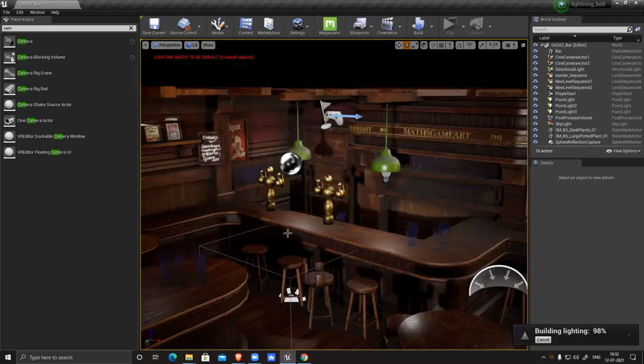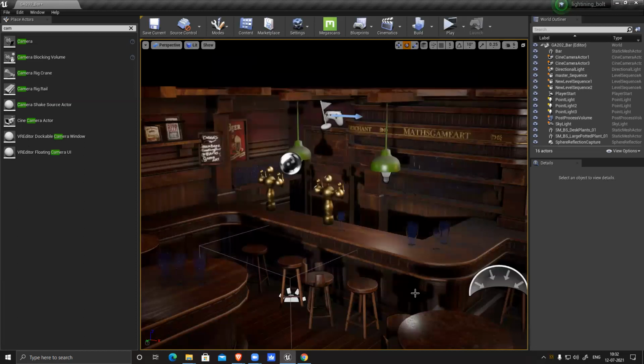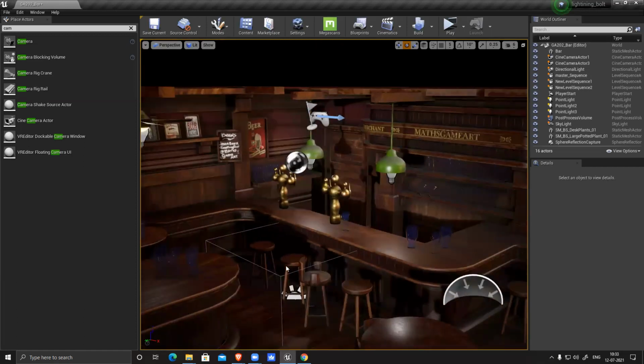Building lighting. So before building, one more thing I have to change.